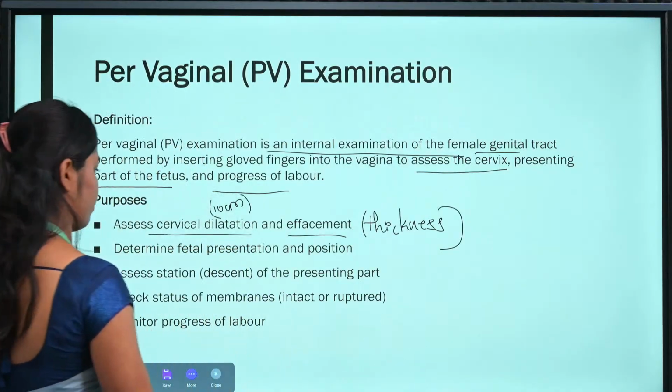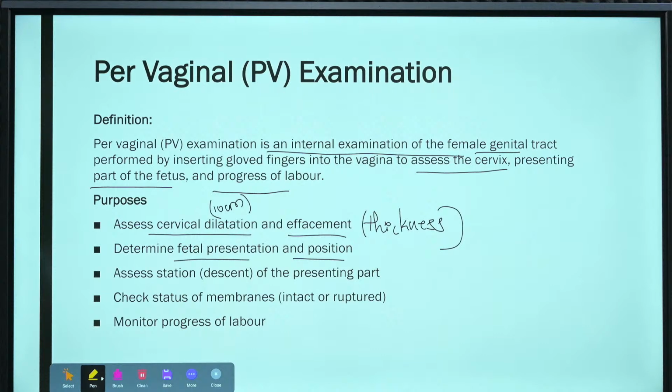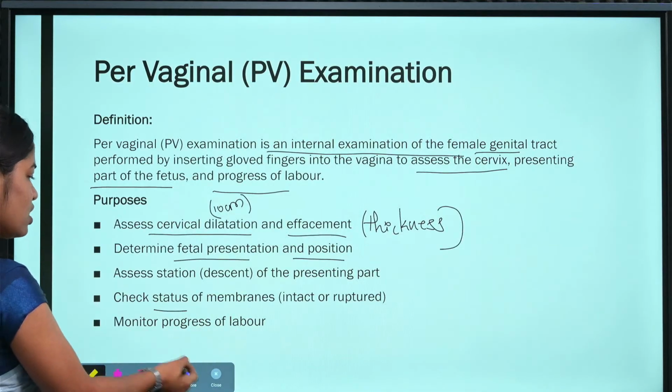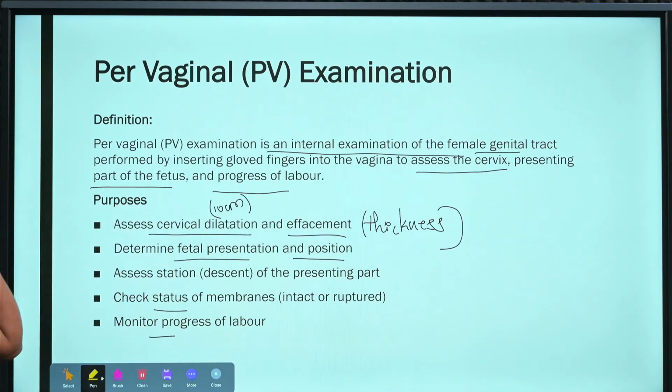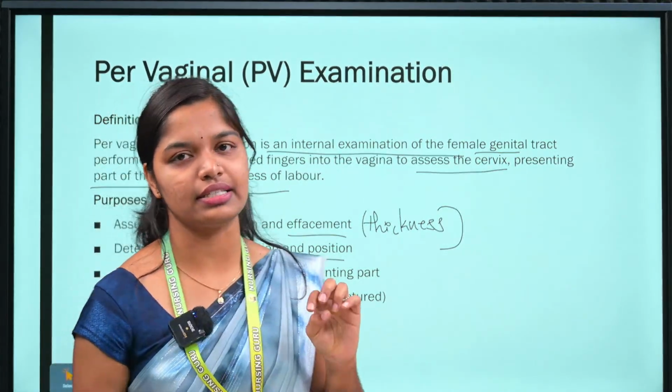Next, to determine the fetal presentation and the position, to assess the descent of the presenting part, and also to check the status of the membranes, intact or ruptured, and to monitor the progress of the labor. This is the per-vaginal examination. Per-vaginal examination, it is the internal